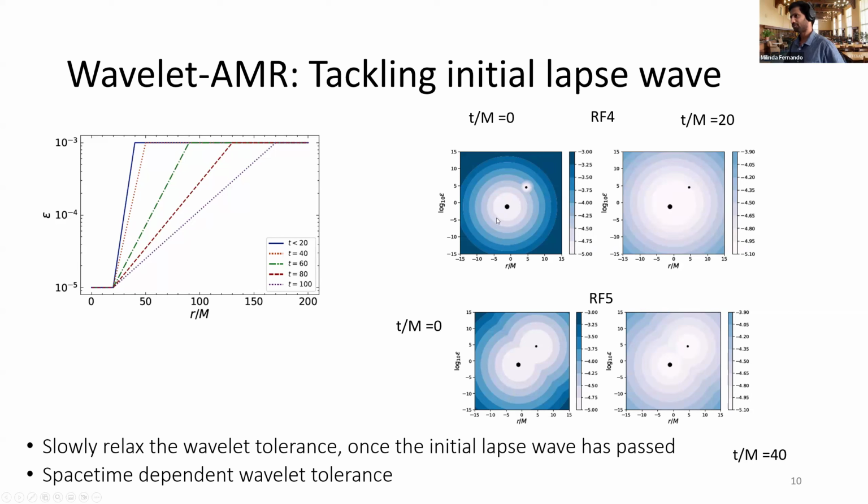This is something the user specifies, and these are different snapshots of how the wavelet tolerance function looks. At time equals 0, we have very low tolerance, very close to the black holes, but at time 20, we assume that the gauge wave has passed,